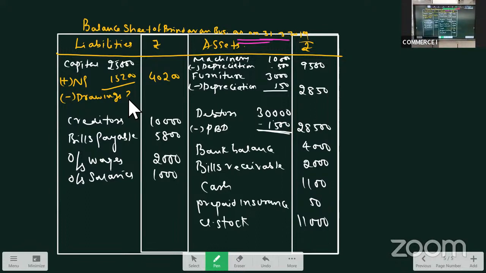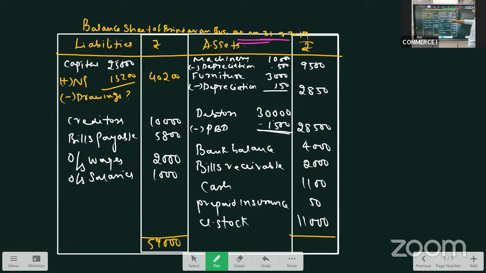We have taken all the items of trial balance and adjustments, and we have segregated them into trading, P&L and balance sheet. Trading, of course, we got gross profit. P&L also we got our net profit. Now let us see the total on the assets and liability side. Will it tally or not? Of course, it will. 40 plus 10, 50, 55, 56, 58, 59,000 is the total. 59,000 is the total I am getting on the liability side. See on the asset side,